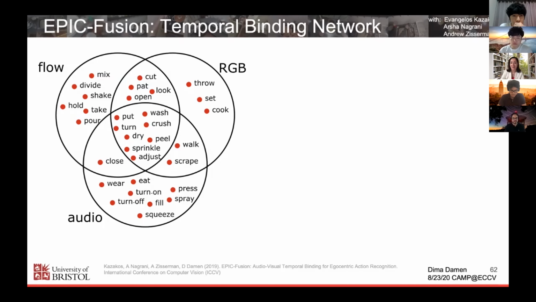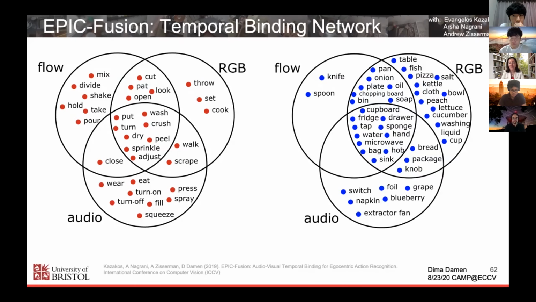And it's the same case for nouns. You can look at what type of modalities achieve better performance for nouns. Of course, very rarely do nouns get better performance by flow unless they are tools like knives and spoons, right? That's when purely their motion is what matters to them. But you have lots of visual understanding. You also have lots of audio purely because they have an actual audio like the extractor fan, or they have material things like the foil or the napkin.